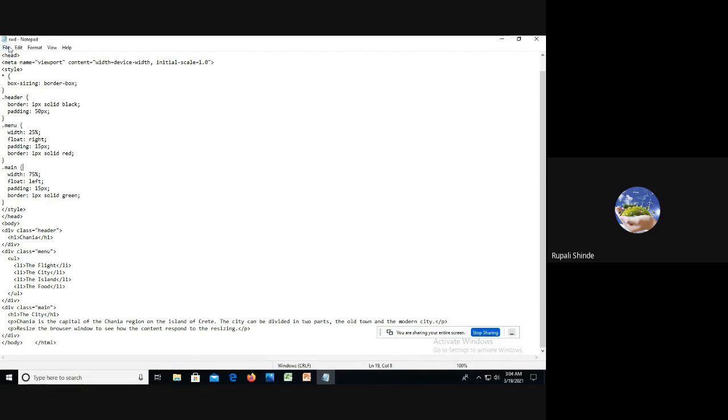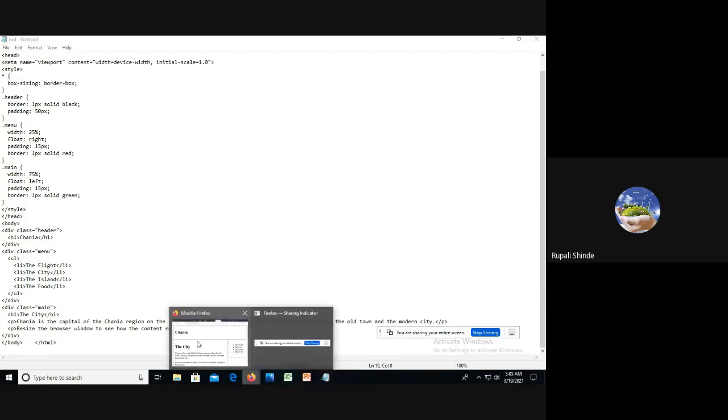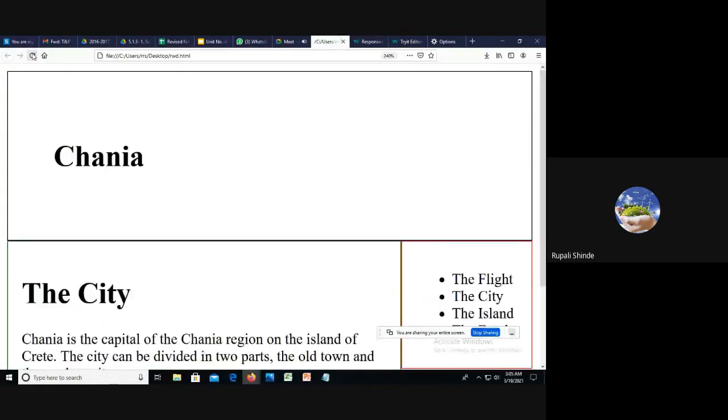We have to check what happens. Okay. It is going to increase the size on the left hand side, top, bottom, and right hand side. Actually it is not increased from the right hand side, but it is increased from top, bottom, and left hand side.